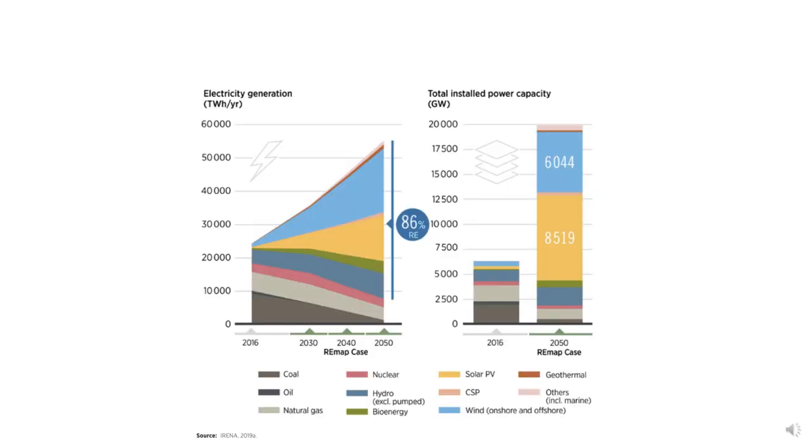So if we look on the left, we have projections moving forward from 2016. You can see that the amount of electricity that's being generated by coal essentially goes to zero by 2050. Natural gas continues to be a significant but slightly declining contributor to our electricity generation. Oil is almost completely phased out now and will be very soon. Nuclear is slated to continue, but not to grow, and to actually decrease slightly as some of the older plants are in fact phased out. Hydro is not expected to grow much at all either. And bioenergy has slight growth,